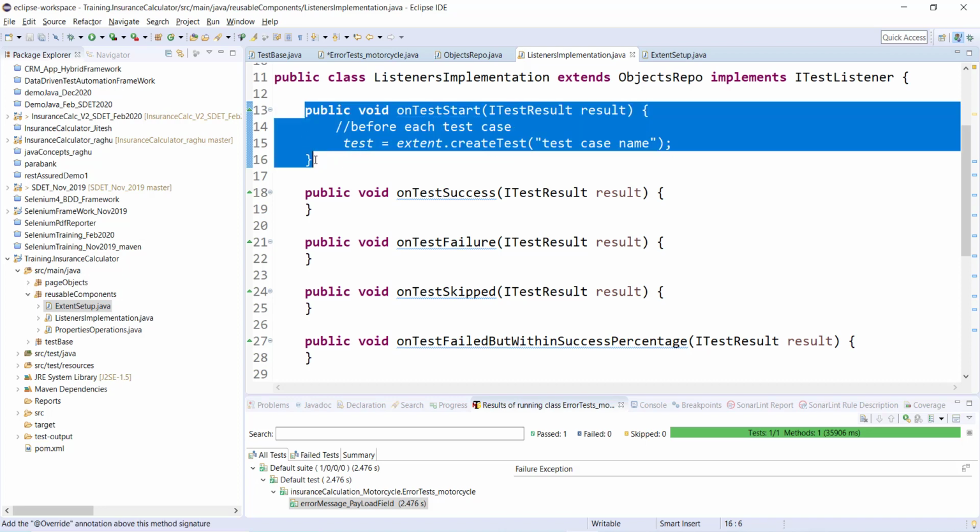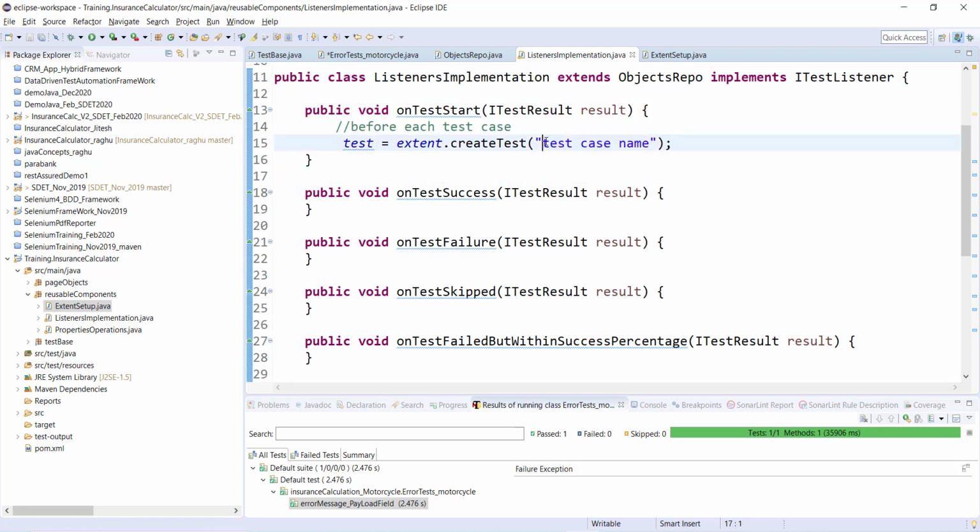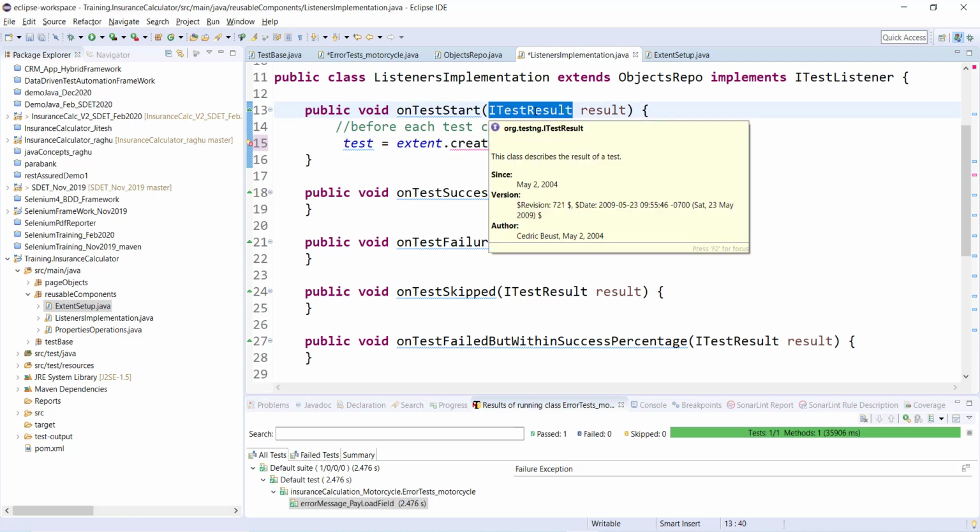Great, but the point here is how to get this test case name dynamically. For each and every test case I cannot hard code this name, because I have 100 test cases but this listener implementation is only one class. So how to get the name dynamically? That is with the help of the ITestResult interface. ITestResult is an interface which holds the information of your test case execution.